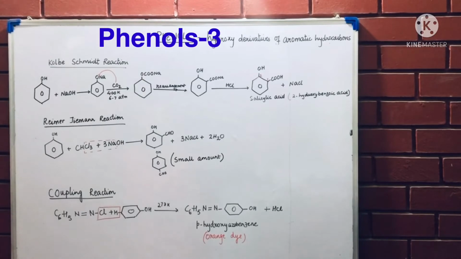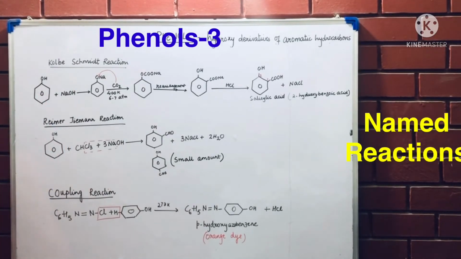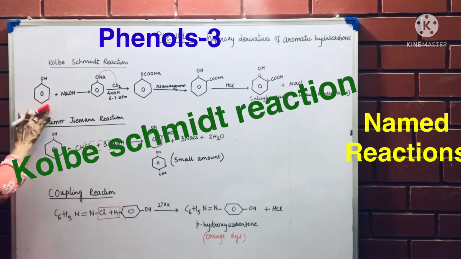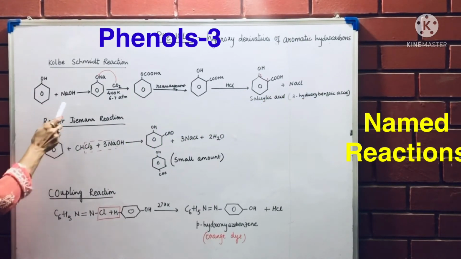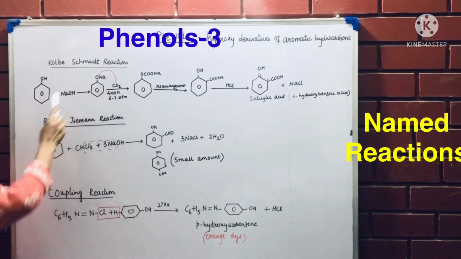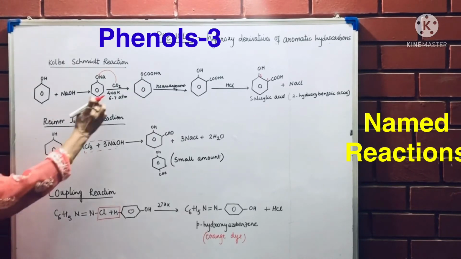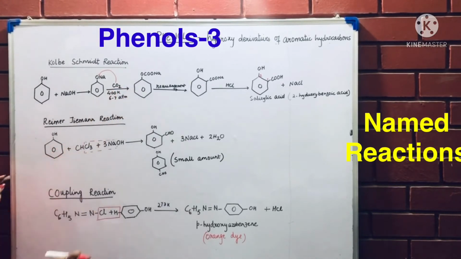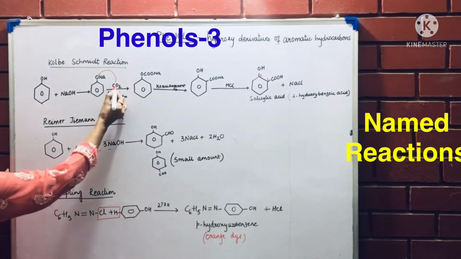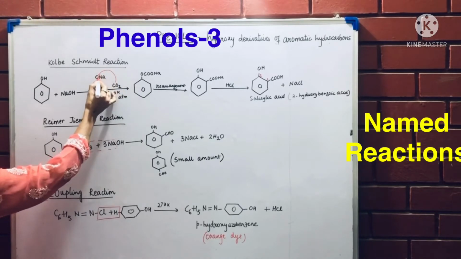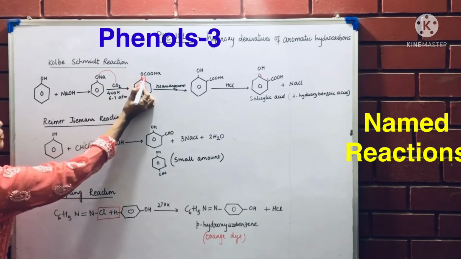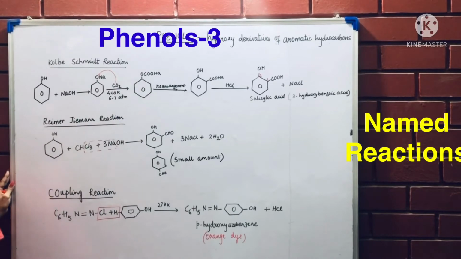Now look at three very important named reactions. The first one is called Kolbe-Schmitt reaction. It begins with phenol. When it reacts with NaOH, you already know first sodium phenoxide is formed, which is a stable compound. And then if it reacts with CO2 in presence of 400 K temperature and 6 to 7 atmospheric pressure, you will insert this CO2 right here between O and Na. So it is OCOONa.